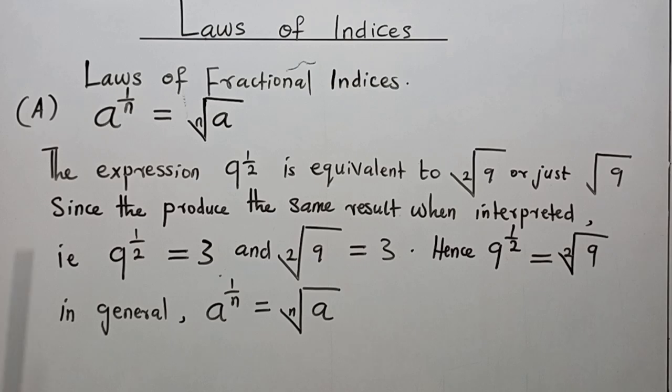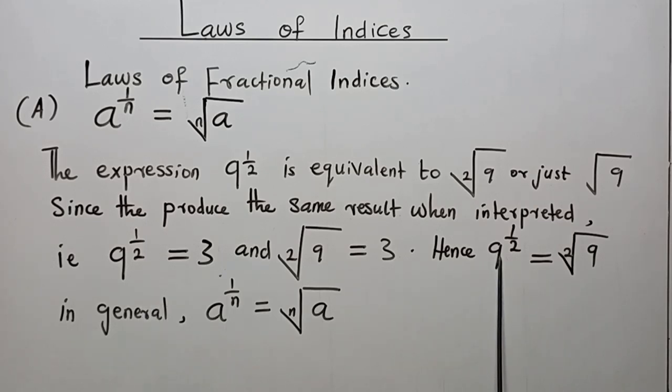Therefore, since 9 to the power 1 over 2 is equal to 3 and square root of 9 is equal to 3, it means that 9 to the power half is equal to square root of 9. It means that the value of this is equal to the value of this. If you use other constants of your choice to test out, you will find out that this statement is valid. Until then, let me assure you that